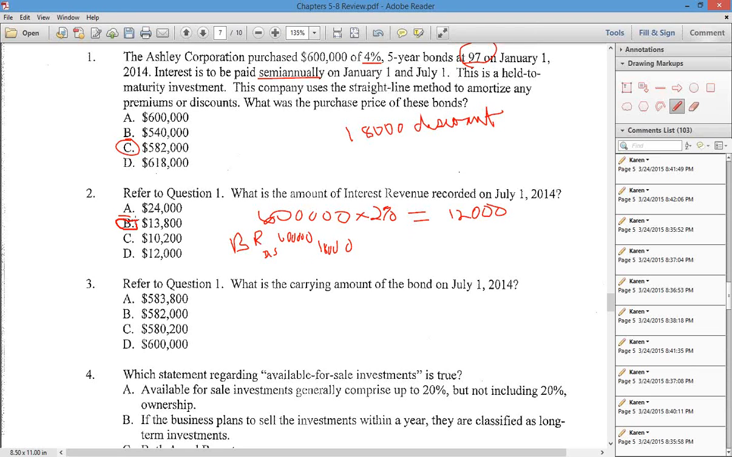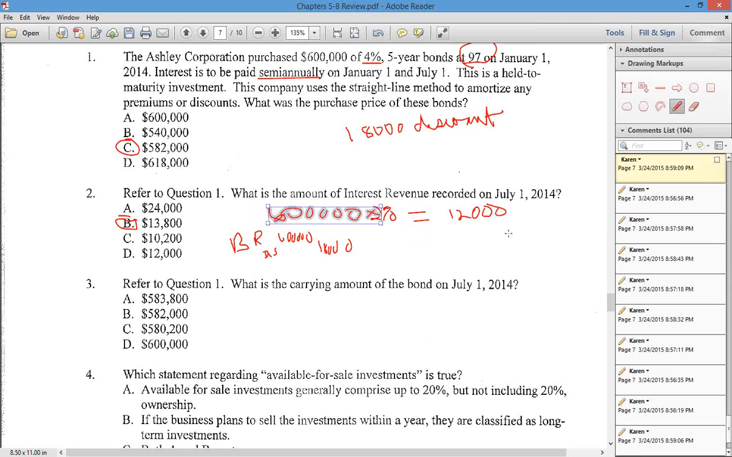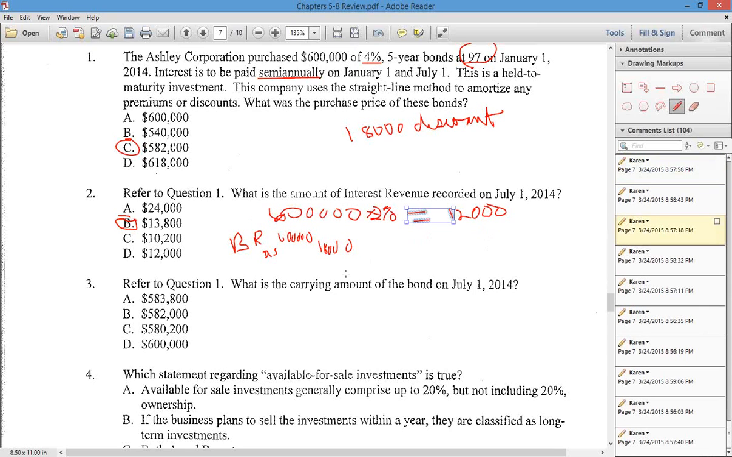The answer to 2 is B. And I was going to try to show you how. The cash interest is $12,000. And we had the discount of 18, and it told us that it was amortized straight line. So if this is a 5-year bond, paid semi-annual, that's 10 years. So we would divide the 1,800 discount by 10 to make it 1,800